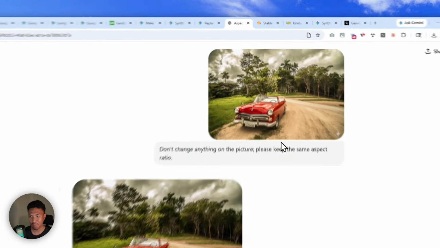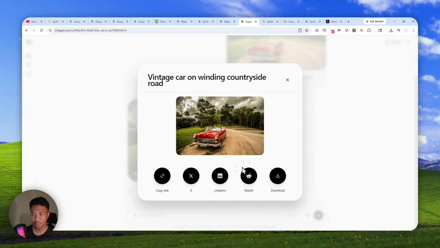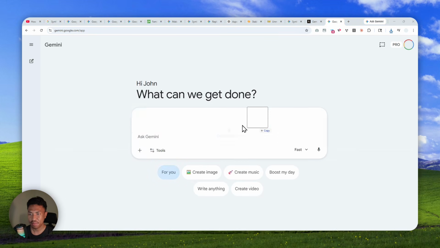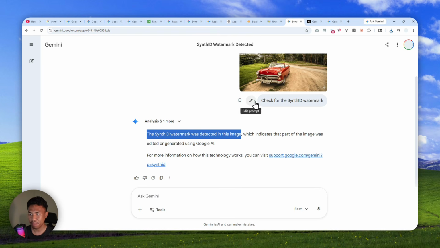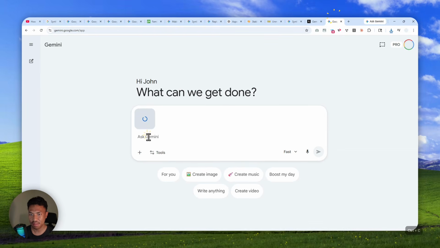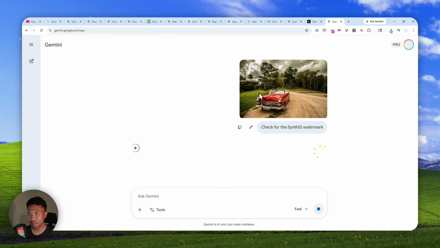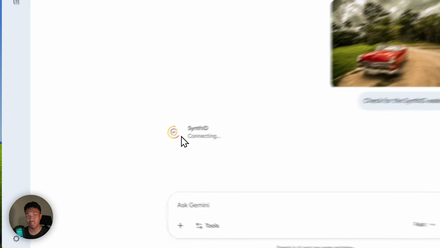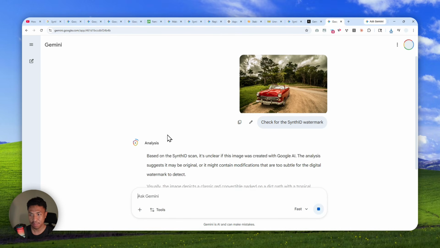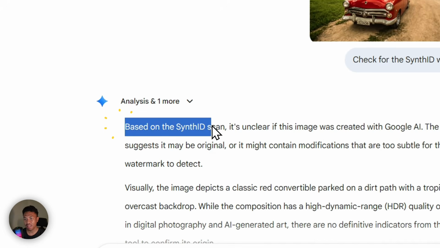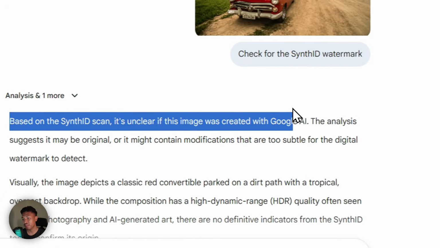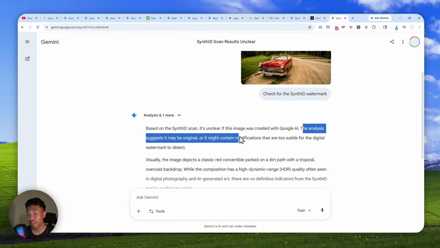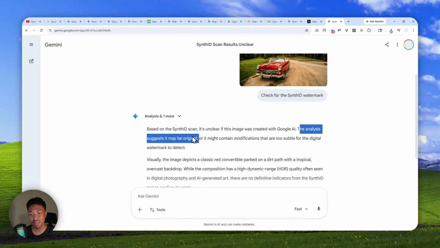Now, how about the picture that was created by ChatGPT? Well, I'm going to download it, and I'll do the same on Gemini. Okay, I'll just copy the prompt again to check the existence of the SynthID watermark on that image. Now just wait for the result and make sure that the SynthID tool is being used when analyzing the photo. Okay, based on the SynthID scan, it's unclear if this image was created with Google AI. The analysis suggests it might be original or might contain modifications that are too subtle for the digital watermark to